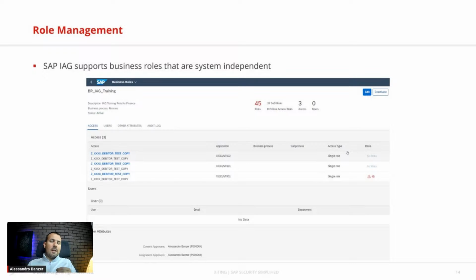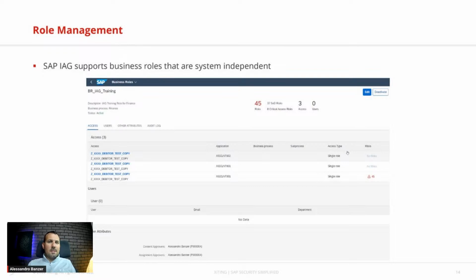Role mining is the way to find roles and to combine them in a smart way so that the user has the easiest time to find the correct role. For example, in a simple scenario we have a sales manager who needs authorizations in S/4HANA, some authorizations in CRM because they have to deal with customers, but also some access in SuccessFactors and maybe Concur for their expense management. So they need access in 4 different systems.